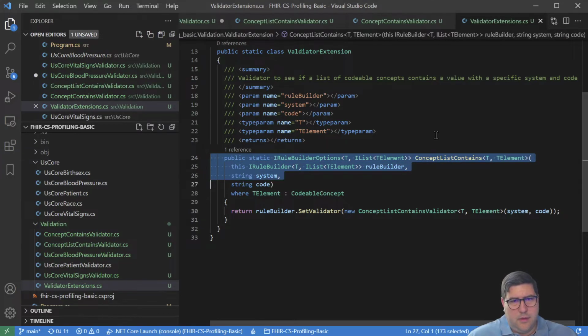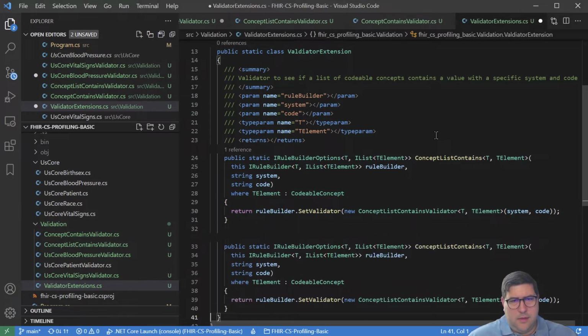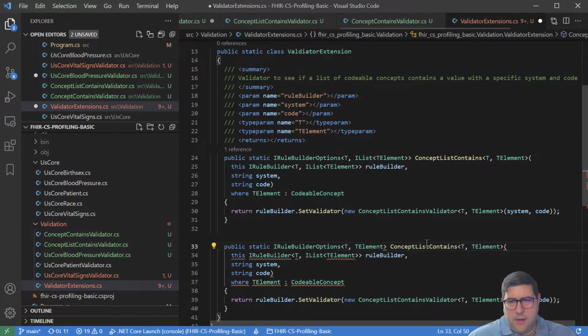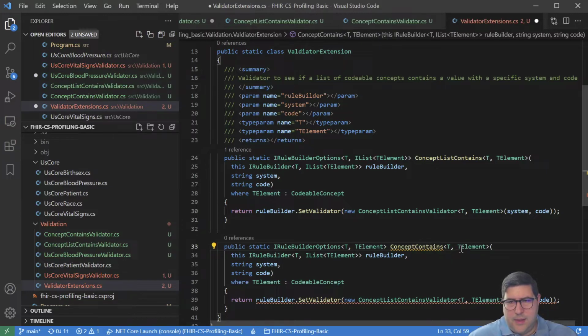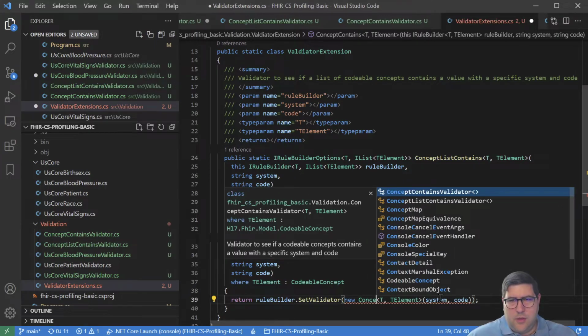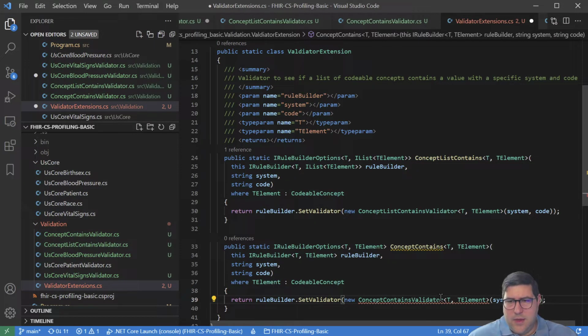We can just grab this, and this same thing. We're just going to do a T element, and concept contains, and this is an I rule builder on T elements, system code, where T element is a code of concept, and then we just do concept contains validator, system code,